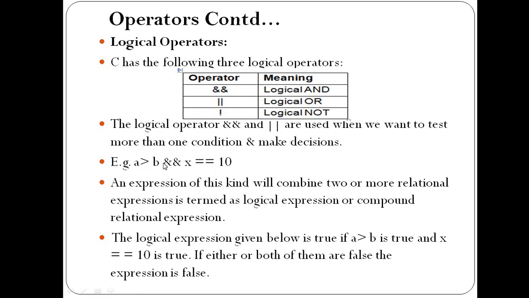If A is greater than B, and suppose here I put the logical OR operator and X is equal to 10. Suppose the first condition is true and the second is wrong, at that time it will return true in logical OR. And suppose the first condition is false but the second is true, at that time also logical OR is true, but if both are false, then logical OR will be false. Okay, so these are the basic concepts behind logical AND and OR. In OR, if any one is true, then the whole statement is true, but in AND both must be true.